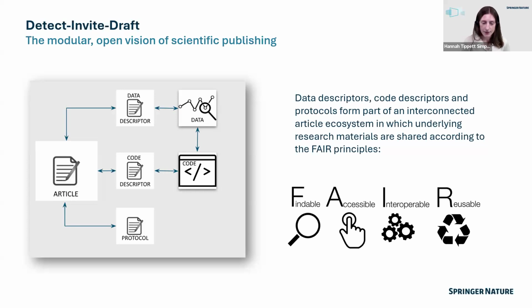So FAIR stands for findable. So others should be able to easily locate the data. We usually use persistent identifiers, so DOIs, as I mentioned earlier, or accession IDs. It needs to be accessible, obviously. Data should be retrievable by humans. If it's machine readable, then great. Using standard protocols, even if access is somehow restricted.